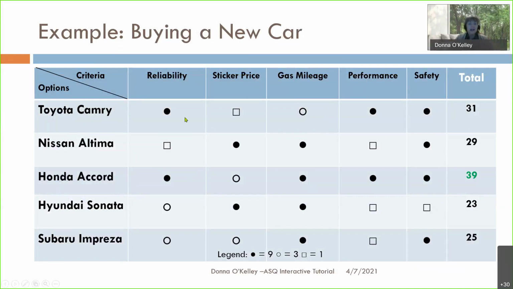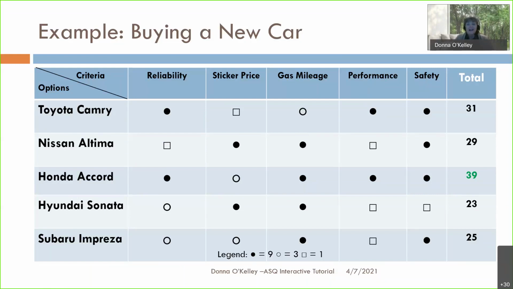I went down and looked at how reliable Toyotas are. And in this case, the Toyota has a lot of reliability. The sticker price, so-so, so that is a 1. Gas mileage is a 3, an open circle. Performance is a 9, and safety is a 9. So if I did the math right today,